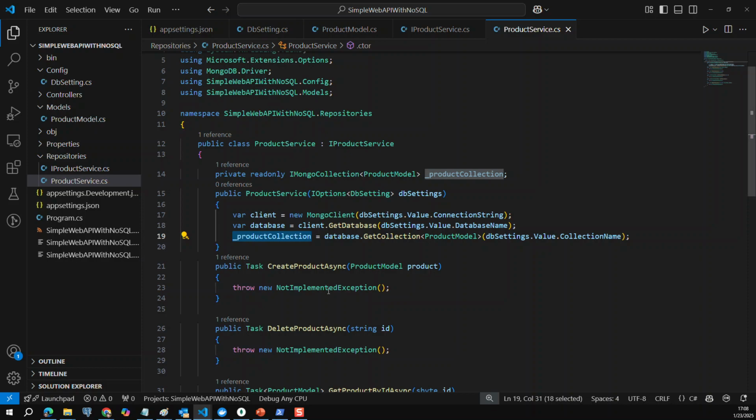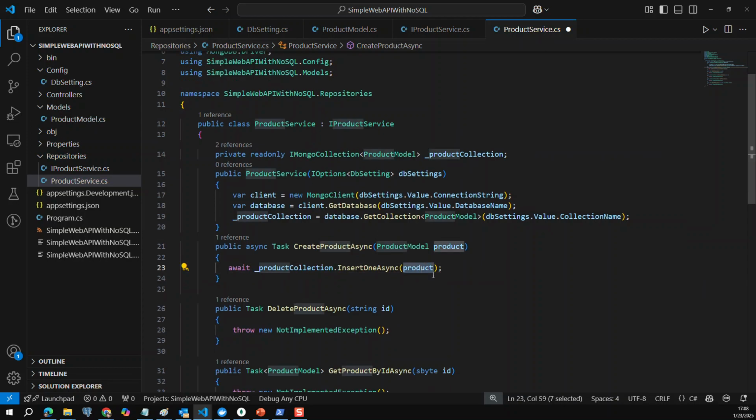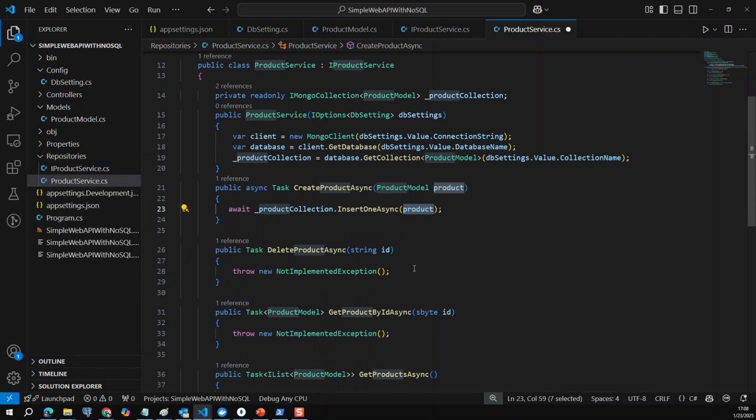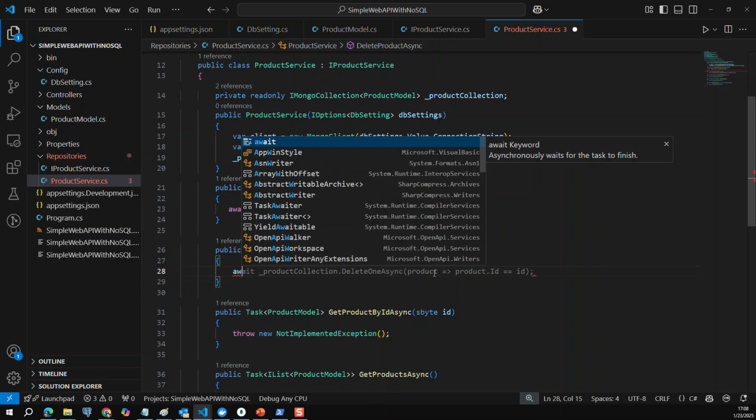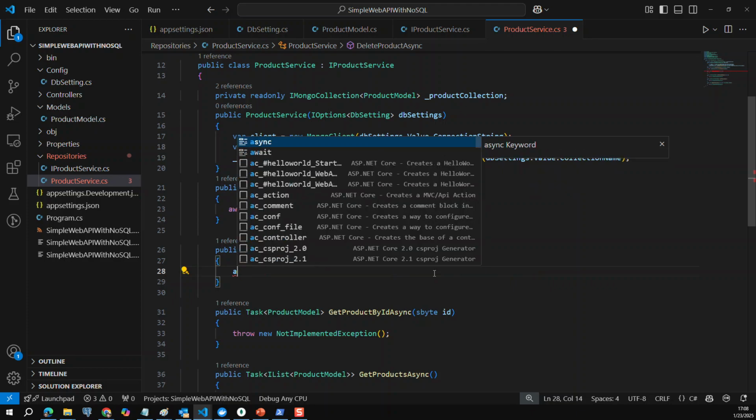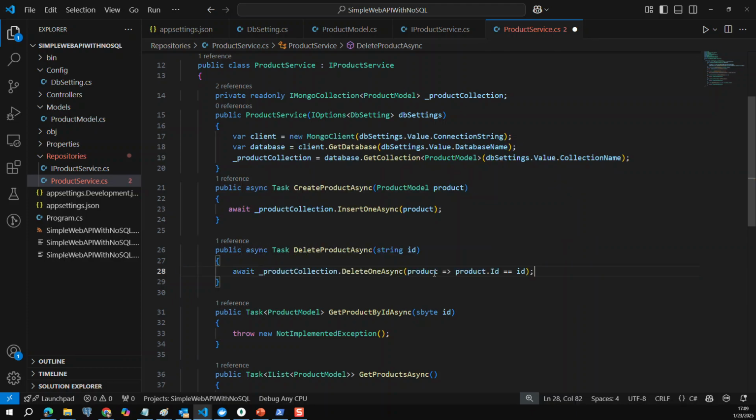So firstly, when I create the data, we can easily add the insert method. So await product collection dot insert. This is my product. And then when we delete, we can easily find and delete. Sorry, await, this is the delete method. In the delete method,